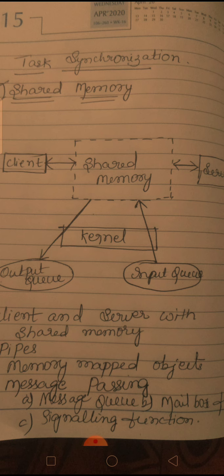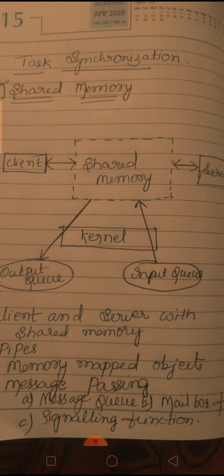Another method is memory mapped objects. In memory mapped objects, read and write operations to the virtual address space by a process are directed to its physical area. Memory mapped I/O uses the same address space to address both memory and the I/O device. One more methodology is the message passing scheme. In sending the message, you have the destination name and the message from the sender. At the receiver, you have the source name from where it is coming and the message.